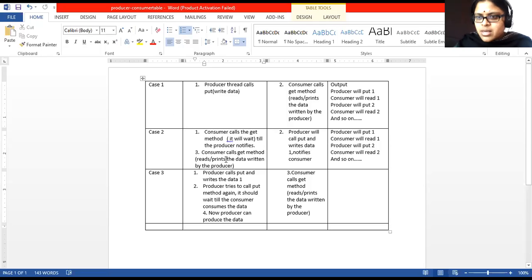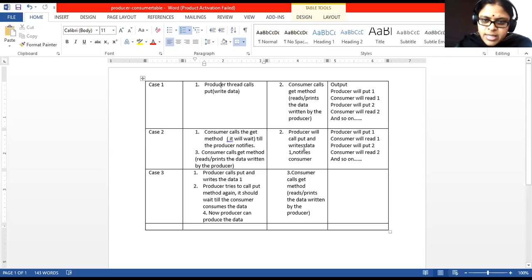Producer doesn't have any meaning in waiting. The consumer has. Why is the consumer waiting? Because the producer didn't produce the data. It should wait. There is no other option left for your consumer. So that statement will be written in your get function. Now what will happen in the meanwhile? The second action of the step is that the producer will put the data, and we have one statement called notify in your producer put method, right? So now the producer will notify.